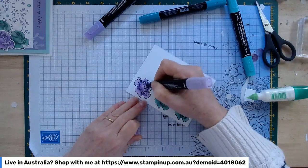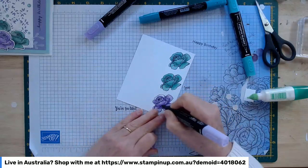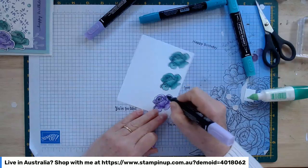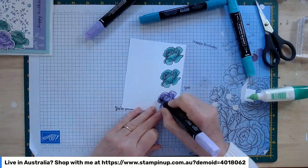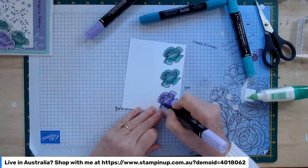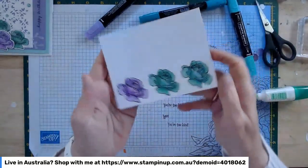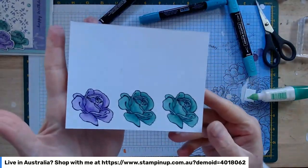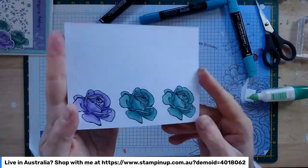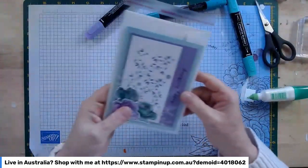Forgive that squeaky noise. Okay, so they are our flowers. So now basically grab your dies or your scissors and fussy cut or die cut those out and you'll be ready to pop them on your card. You don't need any leaves, particularly with this one, because we're going to use the leaves that I've punched